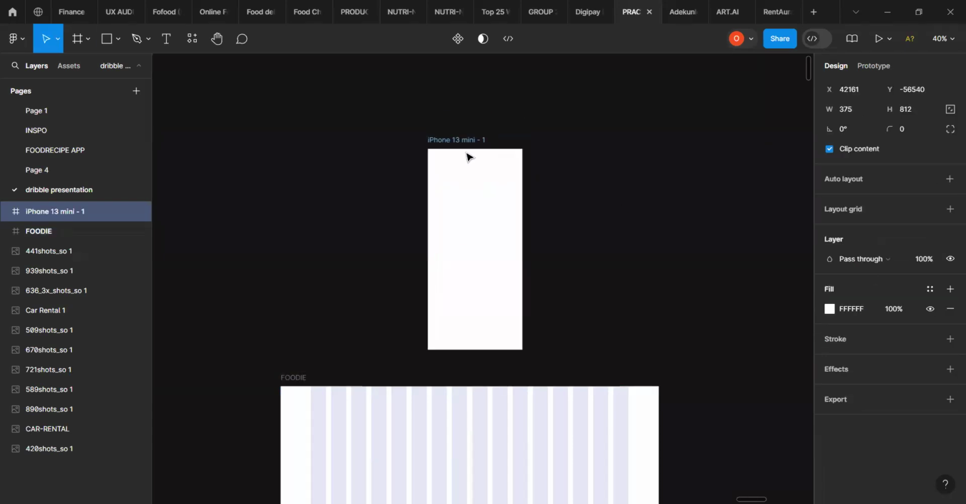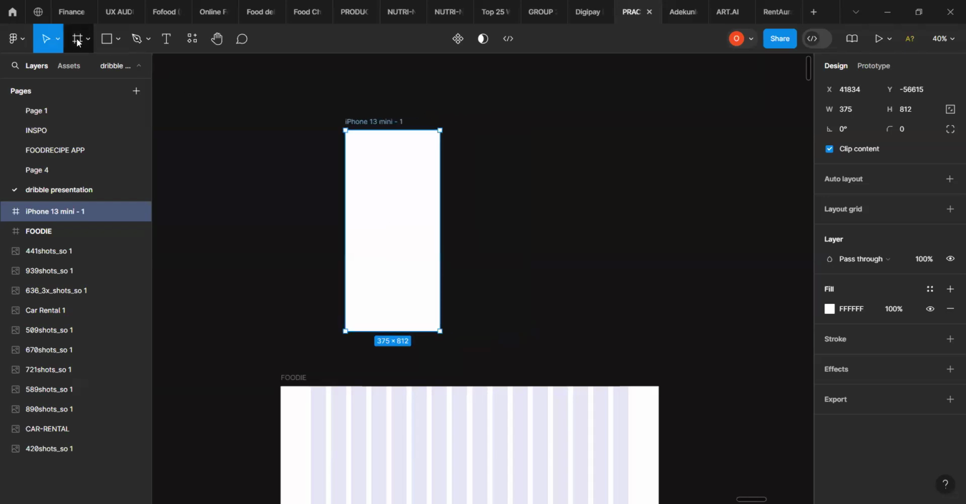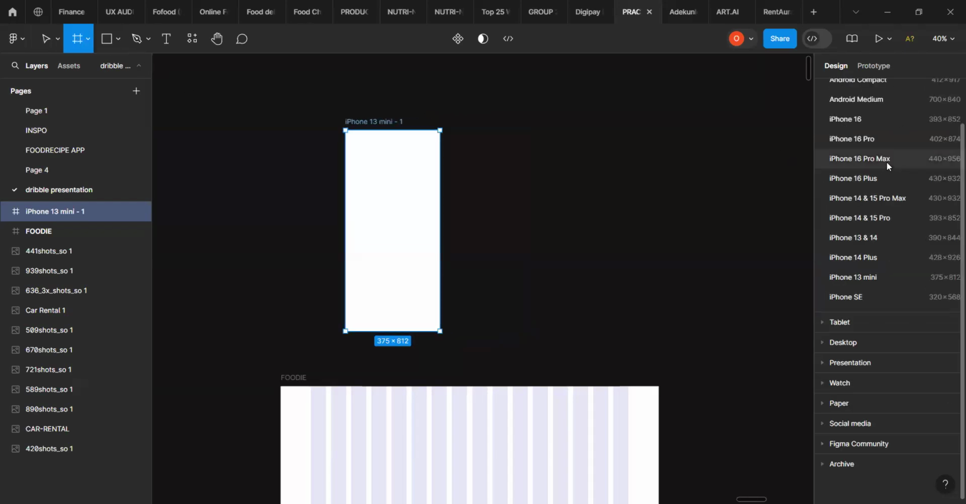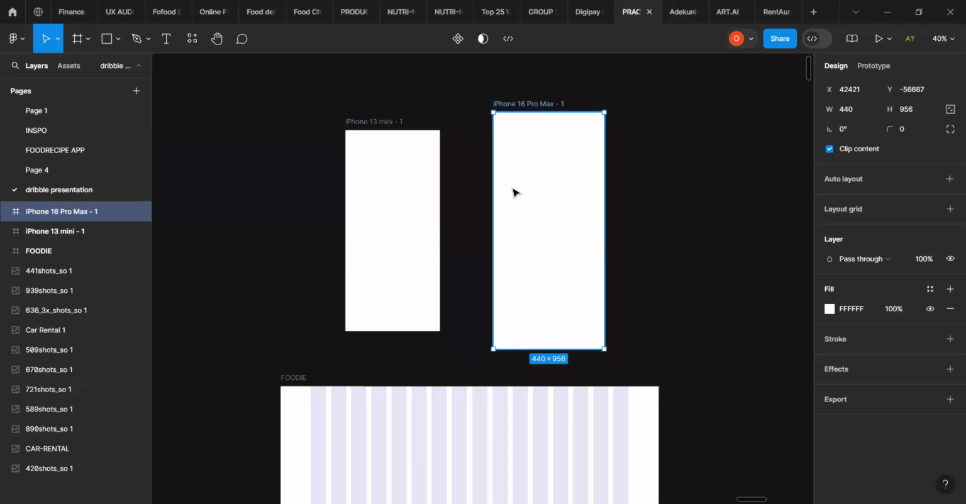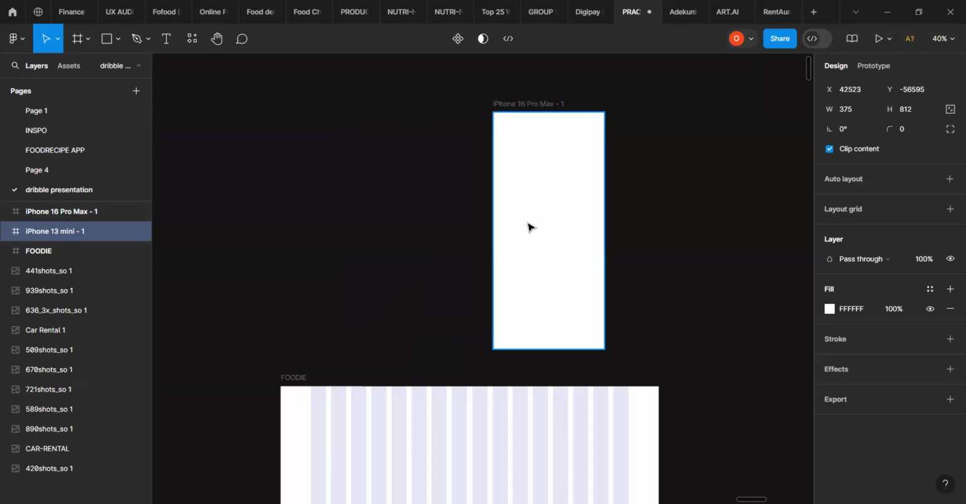Now, the reason why people recommend this, the standard recommendation for iOS mobile, is because it is responsive and scalable, right? For you to do this, if I bring in an iPhone 16 Pro Max, you can see that it's bigger, right? They're not the same. But it literally means that whatever I design on this frame can fit into this frame